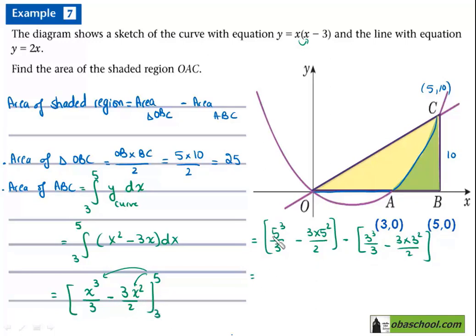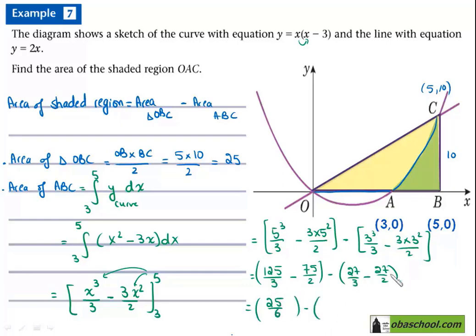Okay, now for the first part, we have 125 over 3 minus 75 over 2. This is for the first term. Minus 27 over 3 minus 27 over 2. We are going to start with the first two values. It is 25 over 6